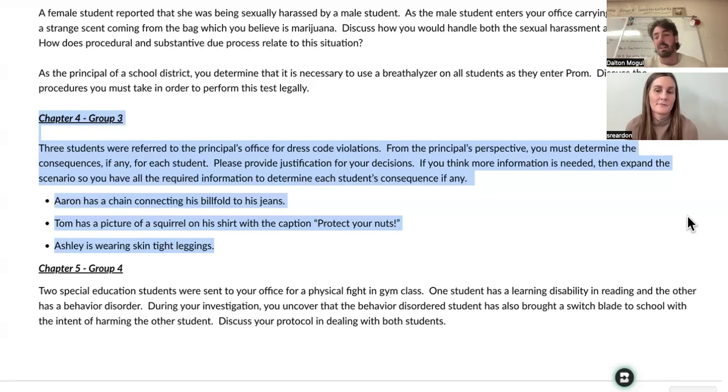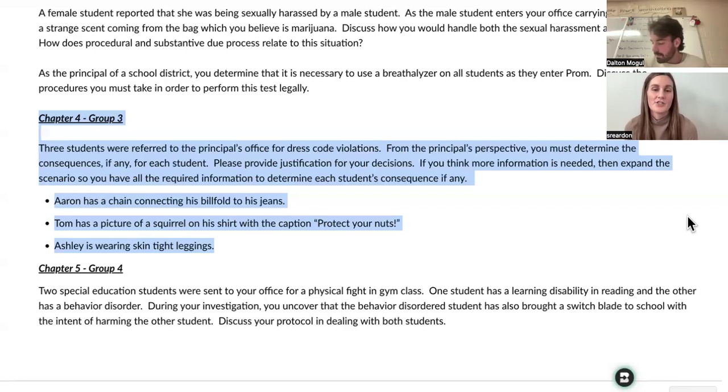If that's not happening, and I have a teacher who just says, "Oh, can you believe Tom's wearing this shirt that says protect your nuts?" If Tom's not bringing any disruptive behavior to class and it's just that teacher who has an issue with it, again, along the lines of what our policy is, I don't think I have any grounds really to say, Tom, you need to change or wear something else. The burden of proof would have to be met in order to give them that fair due process. Yeah.